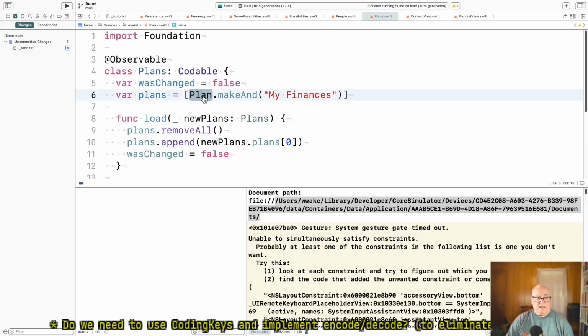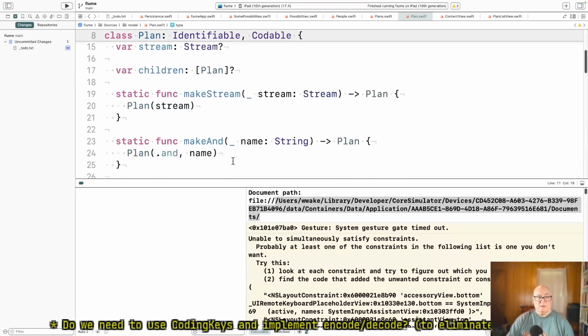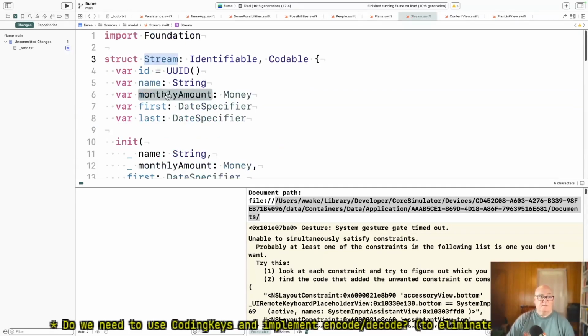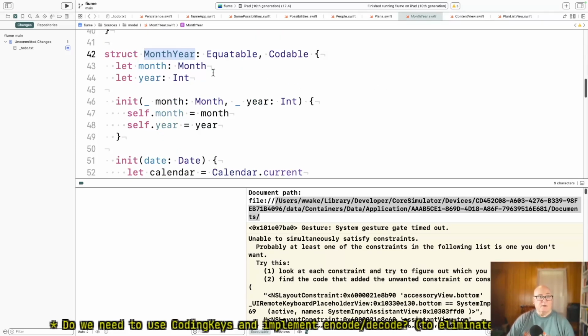Plan refers to plan, which refers to plan type, which also refers to plan, which also refers to stream. All those are types. Let's go to stream. And stream has money. Well, that's just mapped to int, but DateSpecifier is another enum with its own stuff, which contains month, year.